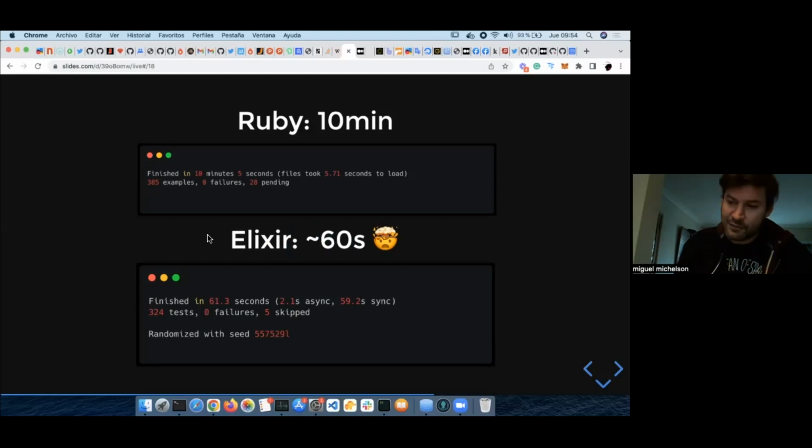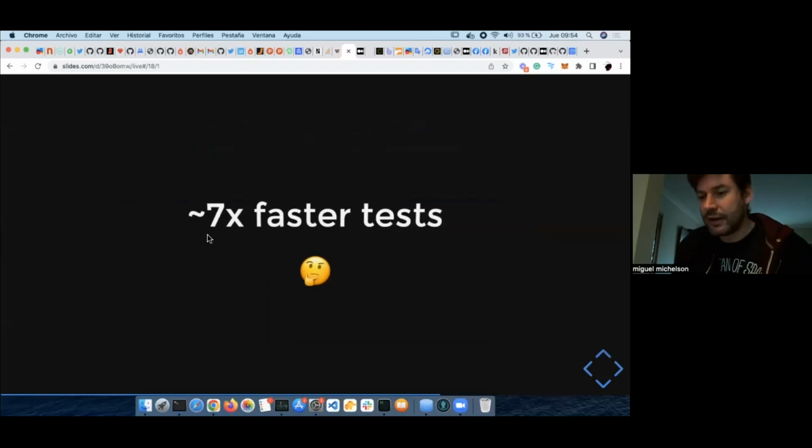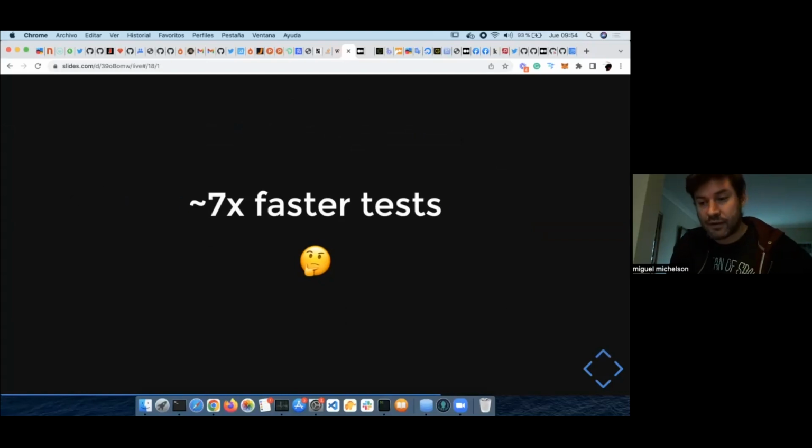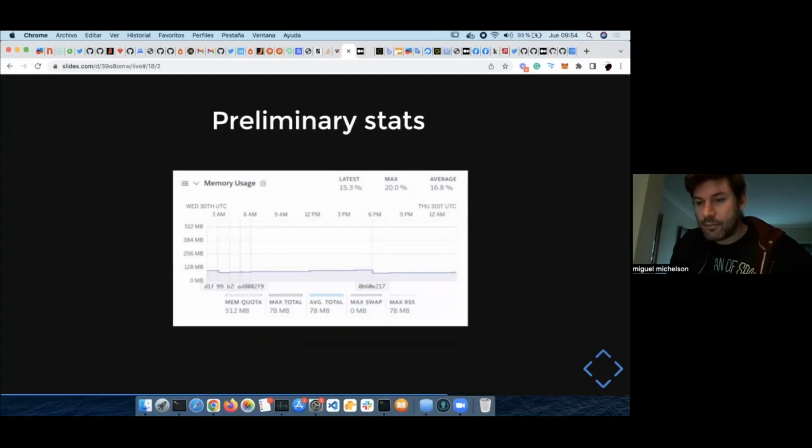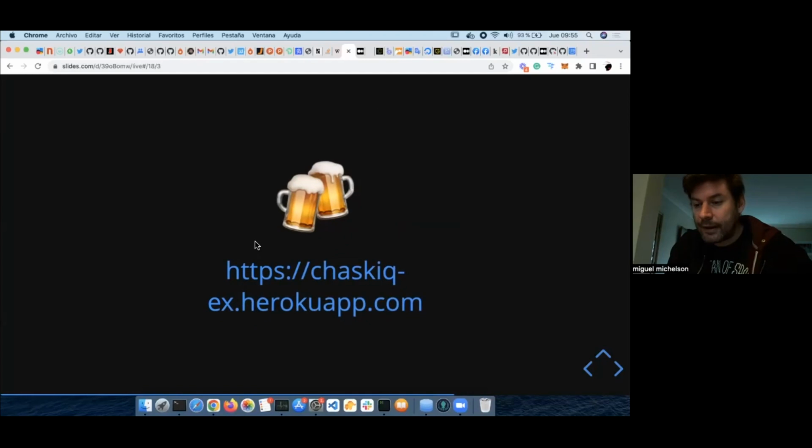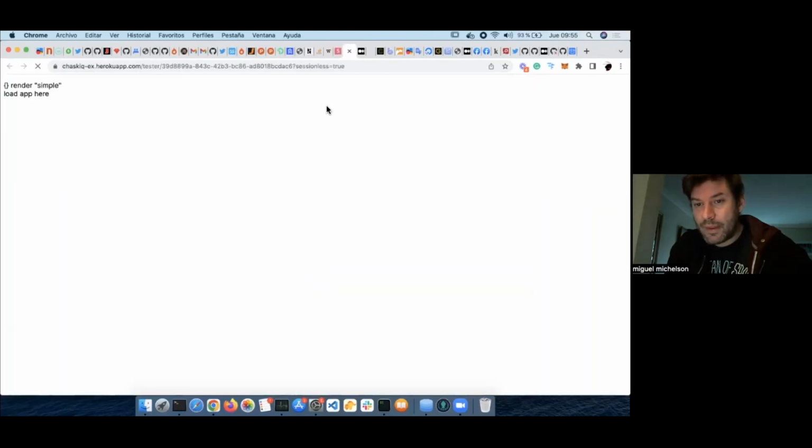That's really amazing: 7 times faster tests. The preliminary stats on my deployed application show consumption under 130 megabytes. So that's really good. And well, this is the demo.